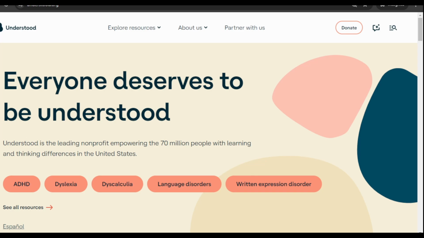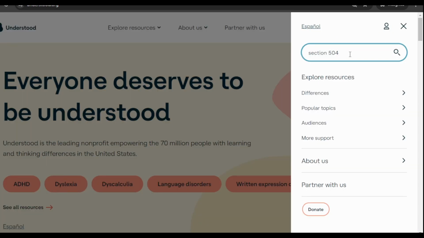This is a good starting point for a lot of families, for a lot of people who don't have any background in this area. And I want to do a quick search and show you what comes up if you type into the search engine Section 504. So let's do that right now. All right, so I've typed in Section 504